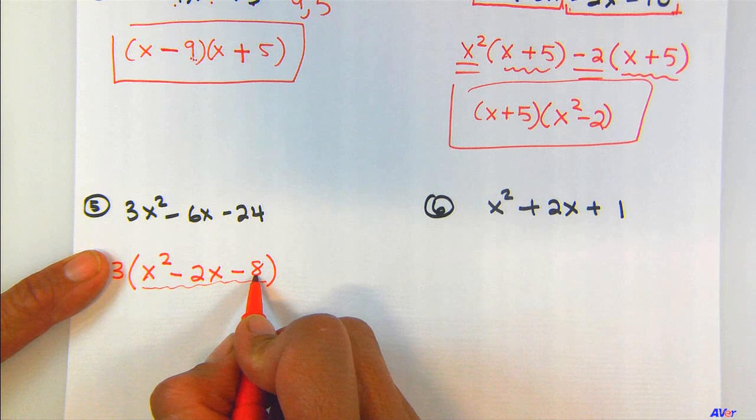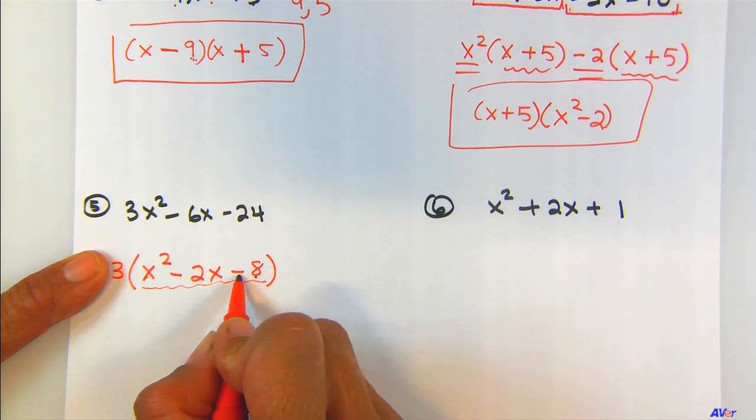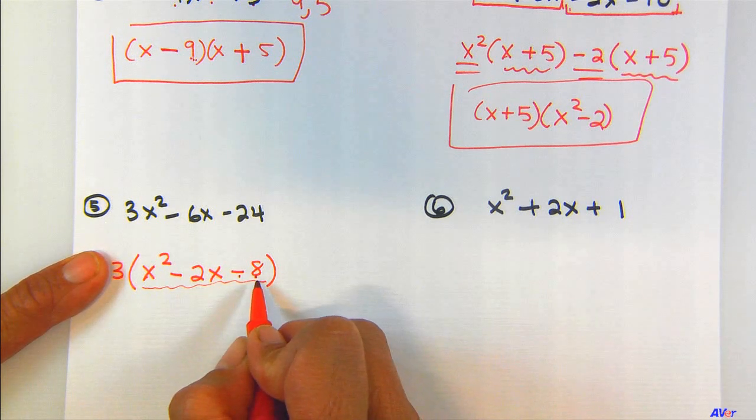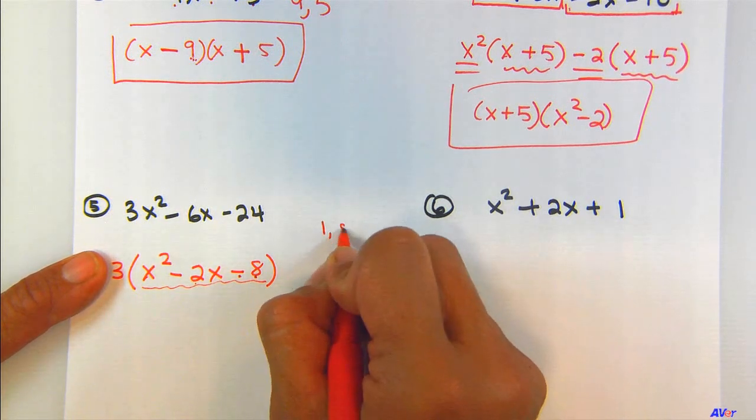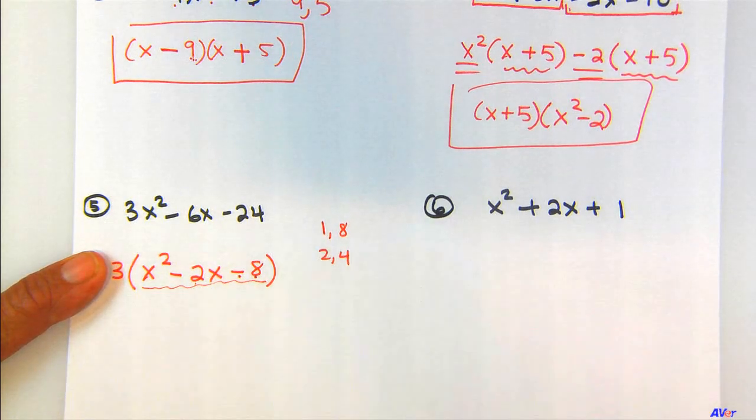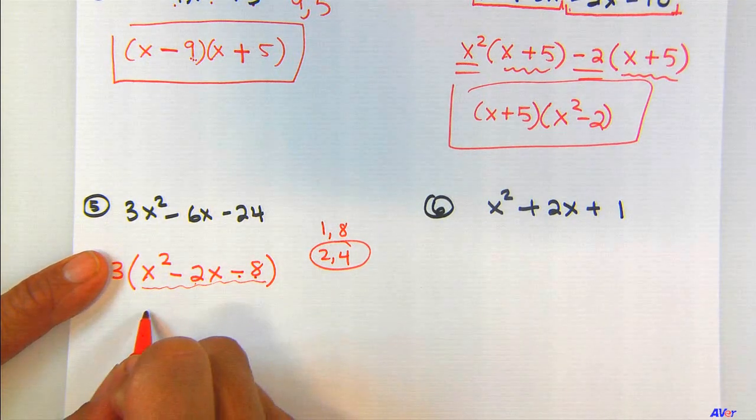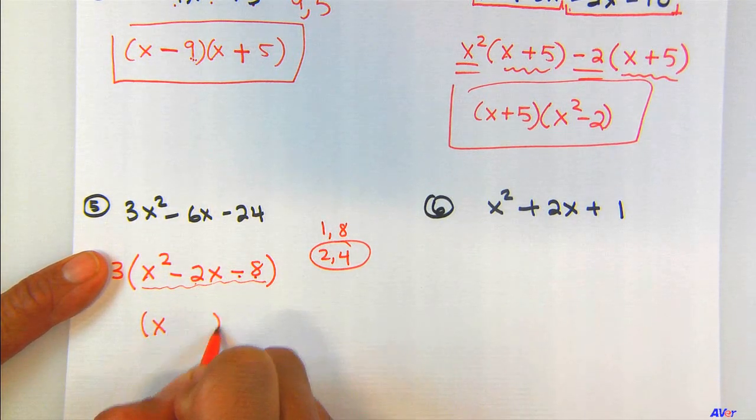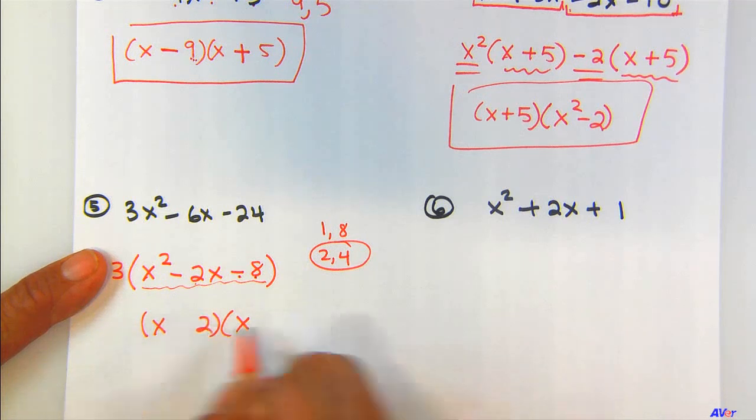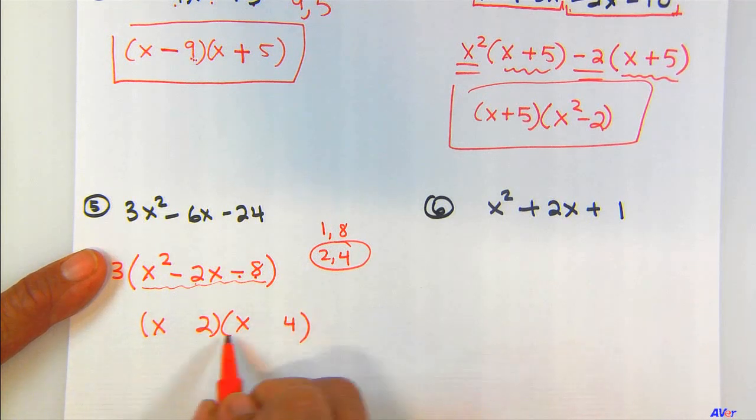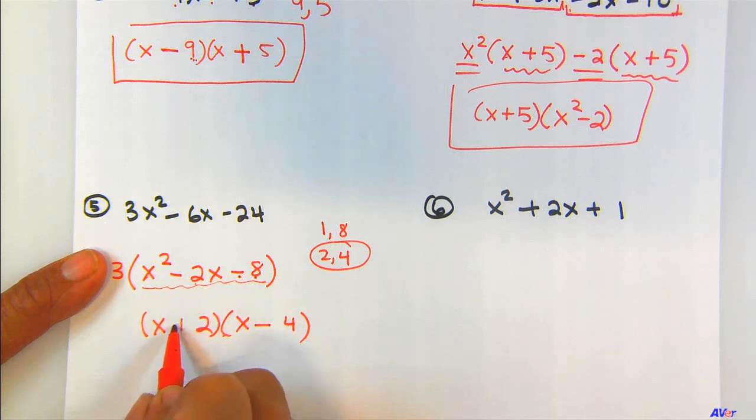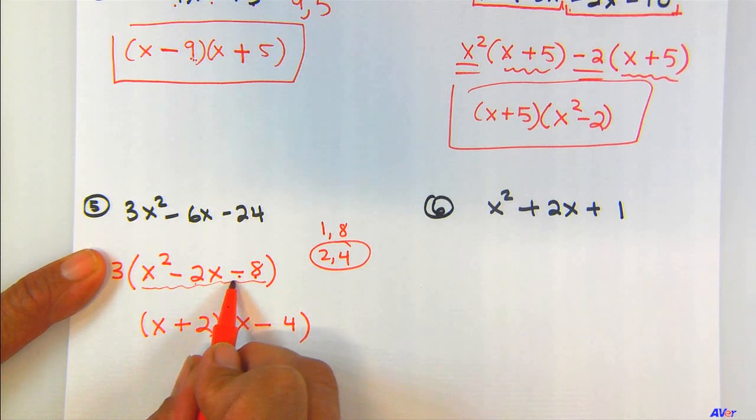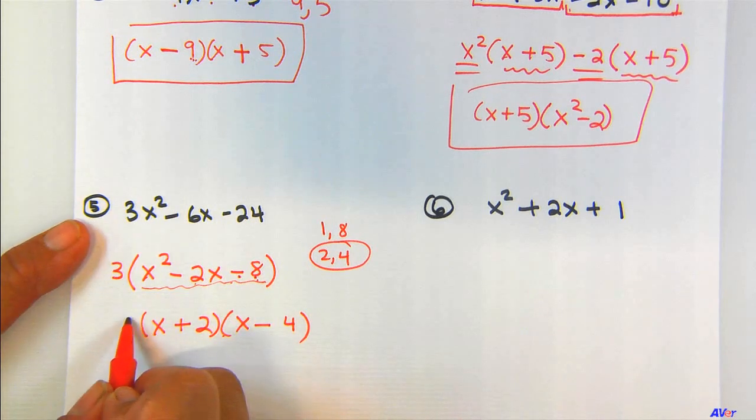So 8, right, my constant term, negative. So I need a pair of numbers that multiply to 8, subtract to give 2. So 1 and 8, 2 and 4. 2 and 4 will do that. Okay, so this trinomial is going to factor even further. So I'll have an x and a 2 and an x and a 4. And I want it to be negative 4, so I can end with a negative 2x up here, and a positive 2. They have to have different signs because the 8 is negative. And then the 3